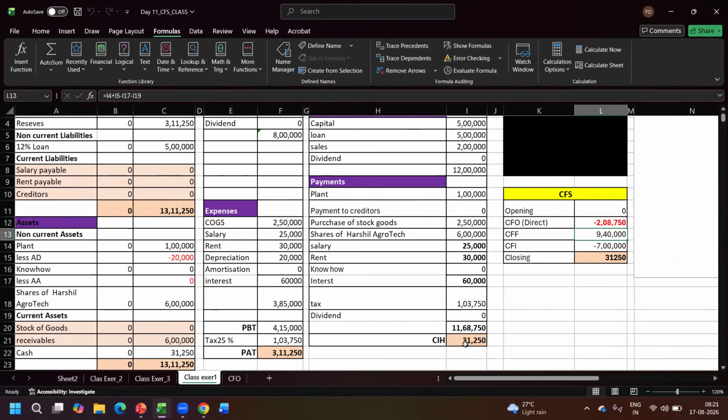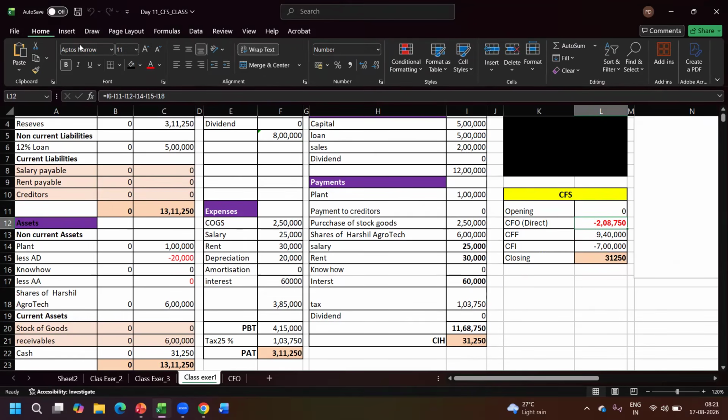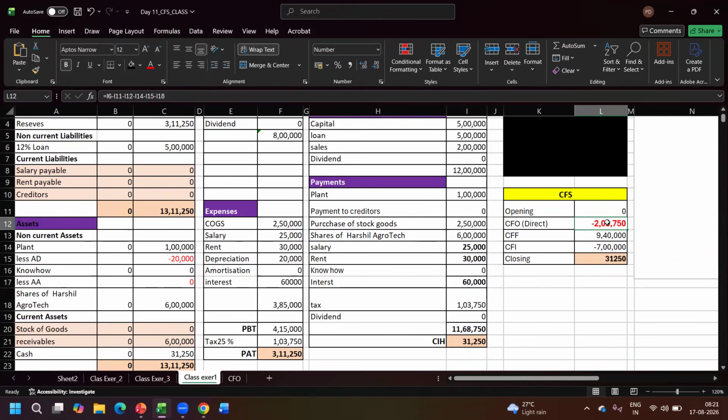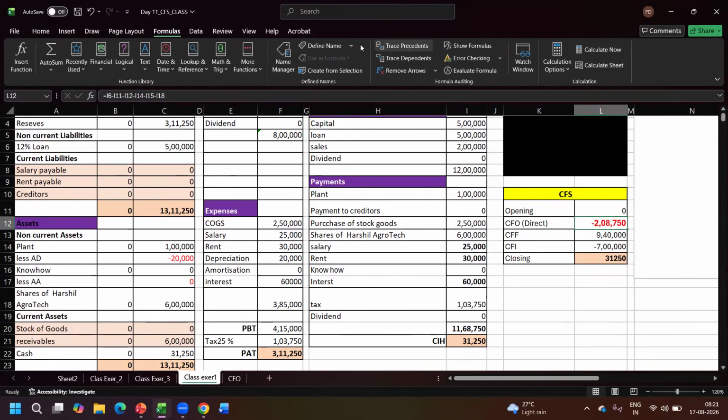So cash in hand is equal to opening cash in hand plus or minus CFO, CFF, and CFI. It's important and interesting to observe that cash from operations is negative here, despite the fact that the company is having a positive profit. Why is CFO negative when the company is having a profit of